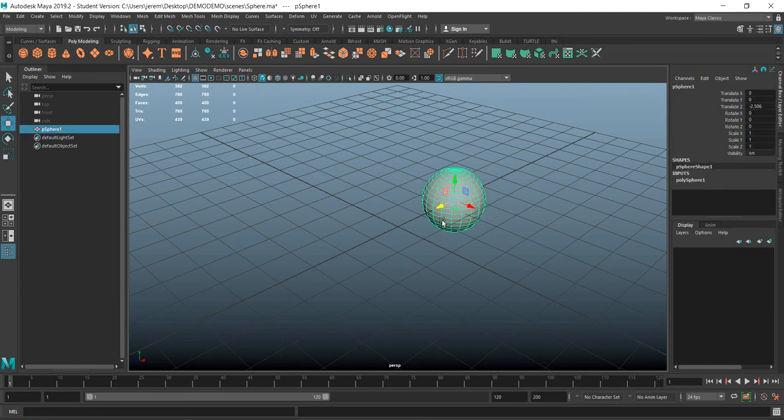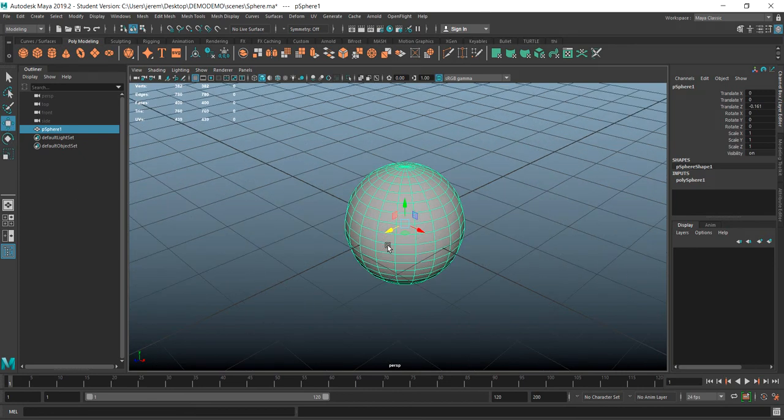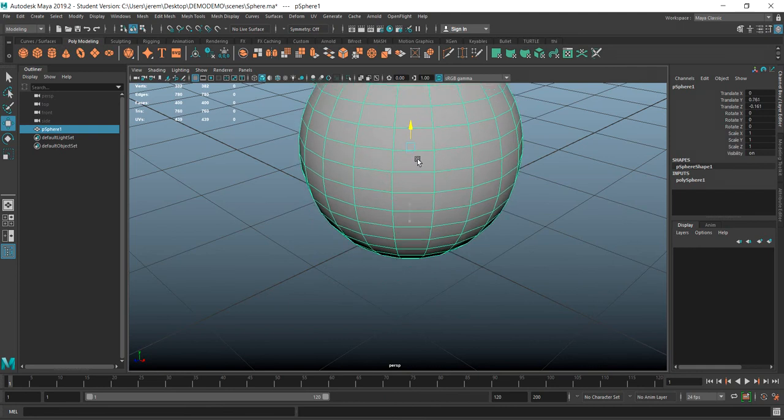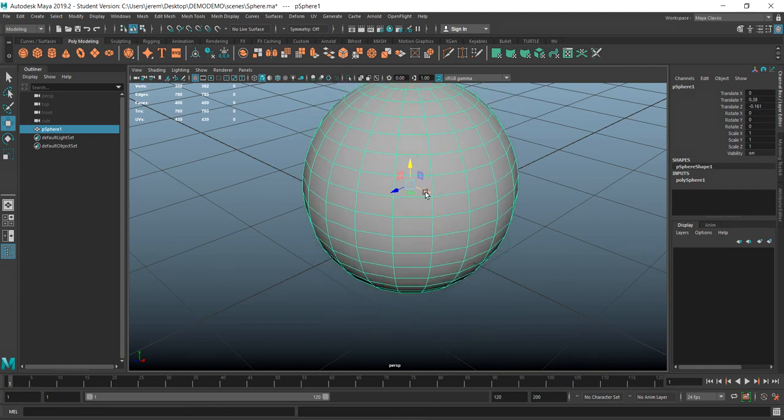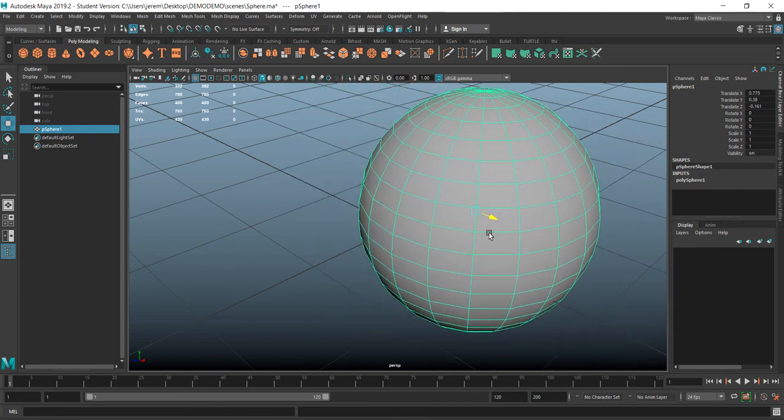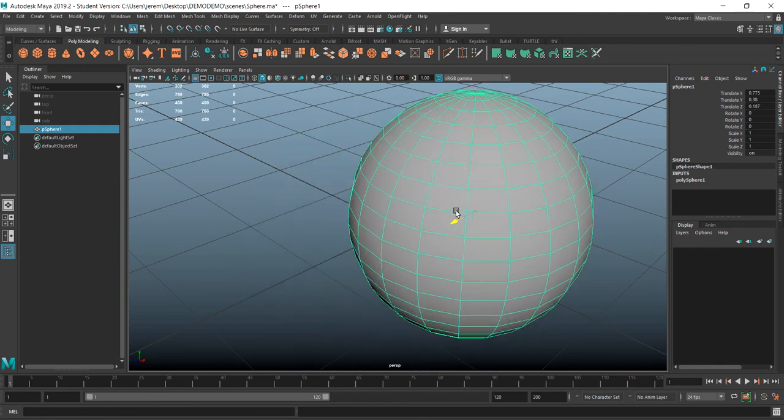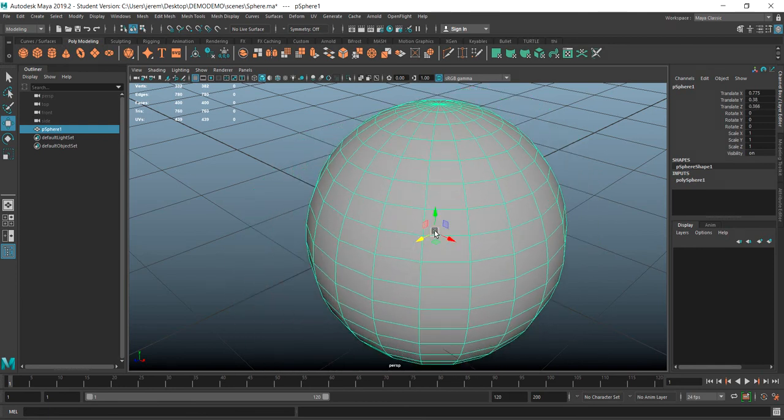The thing you've got to be careful of whenever you're moving things around with these move tools right here, which are your translate, your rotate, and your scale tool. Whenever you move something up, that's your Y-axis. You move it on the red, that's your X-axis. You move it on the Z, that's your Z-axis. Now if you were to select in the middle right there